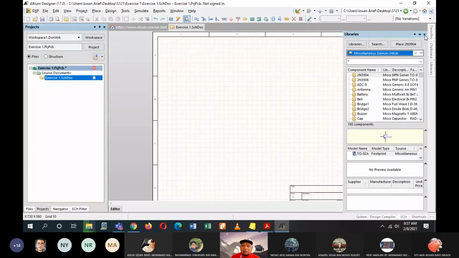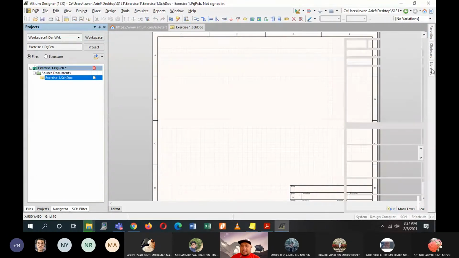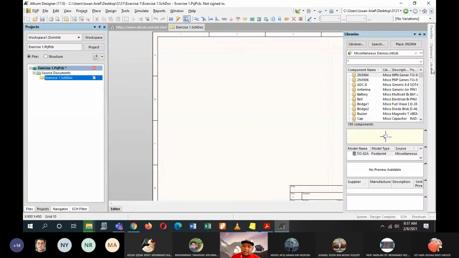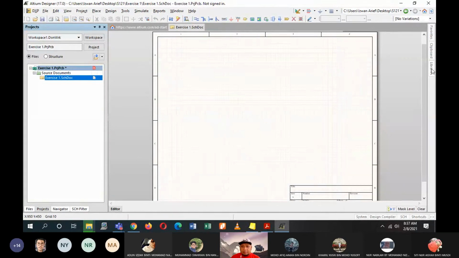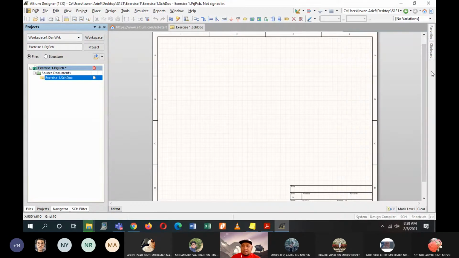When you accidentally close this libraries tab by choosing this symbol, it means you remove it from the tab, so there is no library panel here. Normally, if you want to pop them out or keep them back, just click on the tabs. Click, it comes out. Click again, it closes. But sometimes you forget. For example, now I accidentally cross it. Now the library tabs are missing.